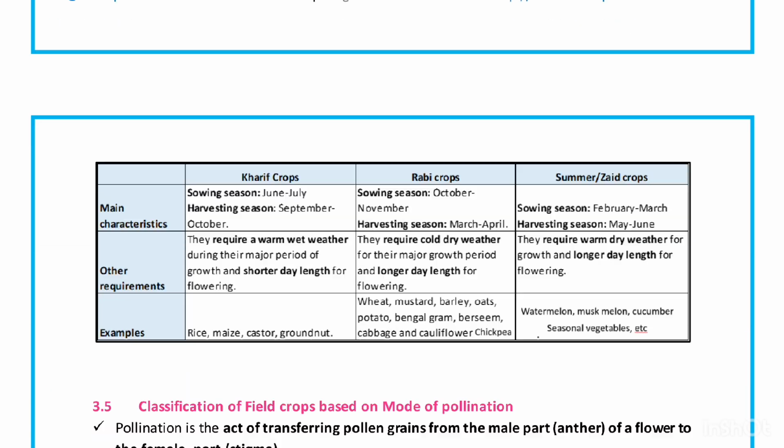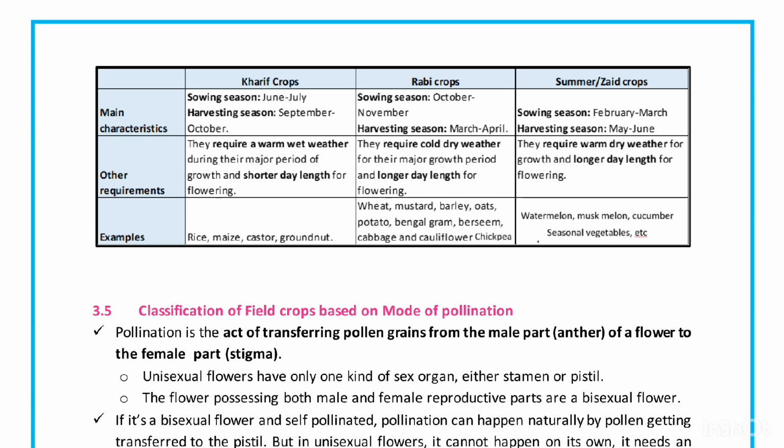for different seasons. So first is Kharif. Students, the term Kharif means monsoon season. Okay, the next one is Rabi crops. Rabi stands for winter season, and next one is Zaid, summer season. Accordingly, the crops grown during Kharif, Rabi, and Zaid are called Kharif crops, Rabi crops, and Zaid crops.